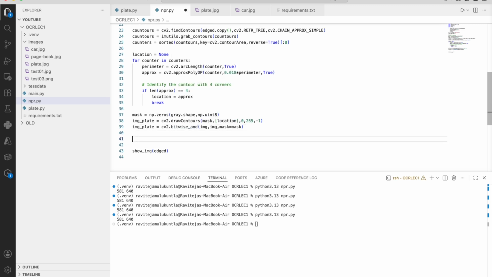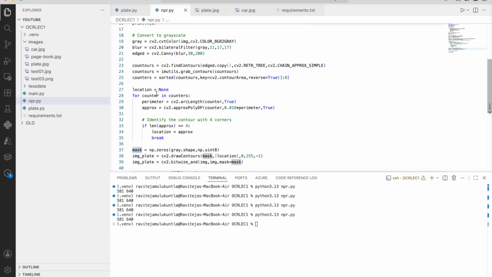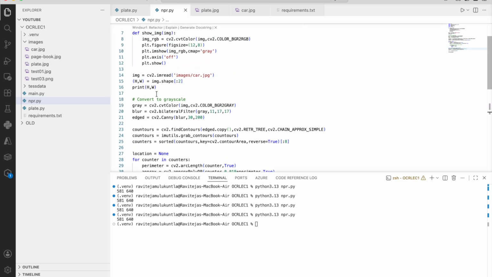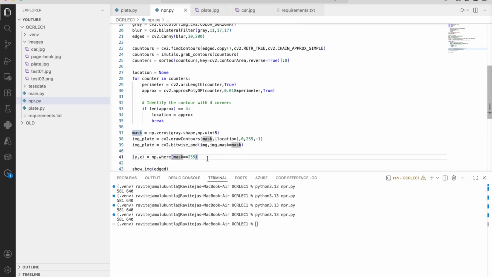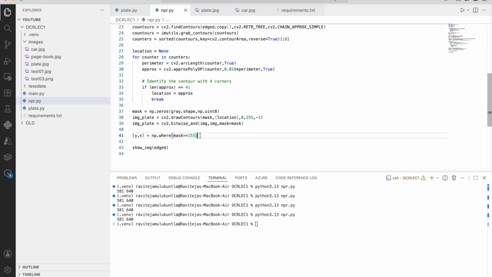And now we have to identify the y and x values of this array. When it is white color, we have converted this to white color when we are converting into grayscale and Canny effect. So when it is 255, we are grabbing the